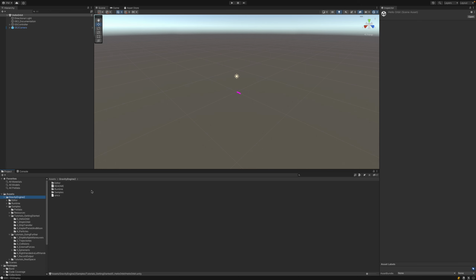If we look at the Gravity Engine 2 folder, at the top level we have Editor, a README, Runtime, and Samples, which is the recommended package format. The examples are all in samples. There's a Tutorials Getting Started, and the Hello World equivalent for Gravity is called Hello Orbit. We'll open that scene. The first thing to note is that in all of the demonstration scenes, there's an object,